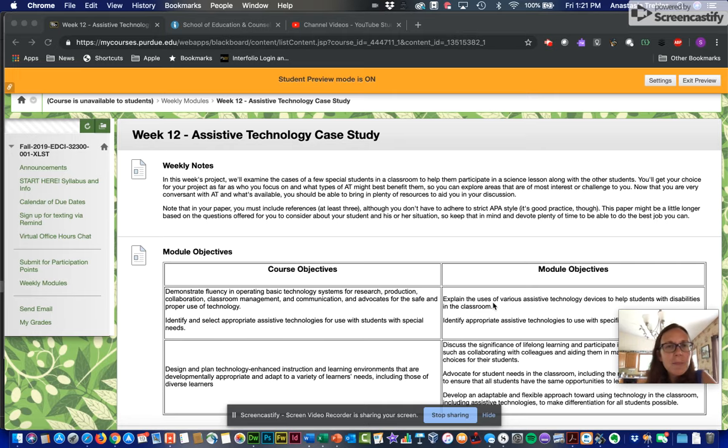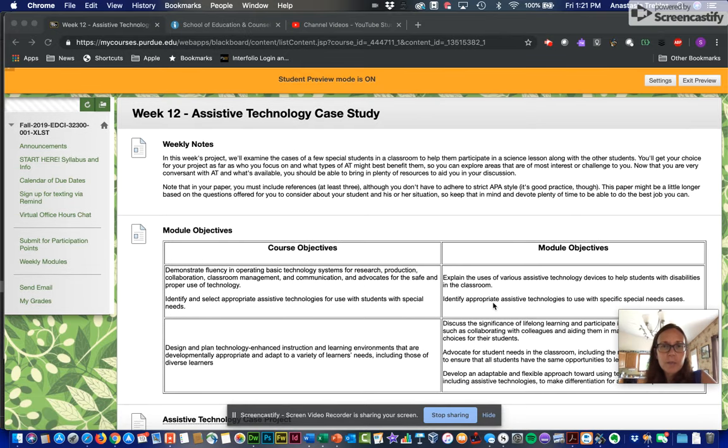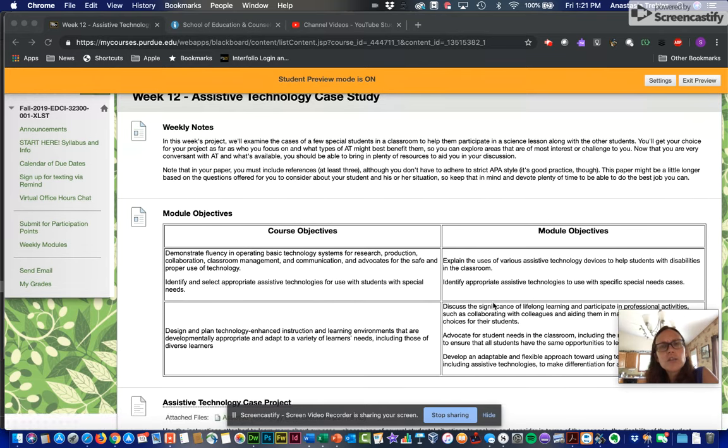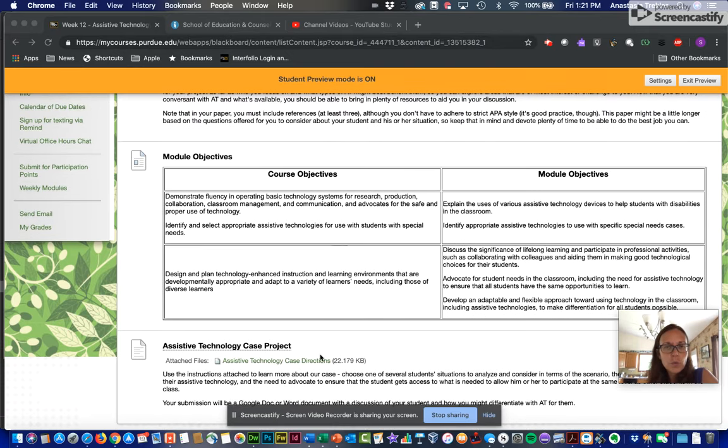We're going to wrap up our assistive technology unit by talking about a specific case study. You're going to get a case of a few different students. You pick one. You don't have to do something about all of them, but pick one, and you're going to write about a two to three page paper with some references about how you think you can best help the student. So, if you look more closely at the directions,